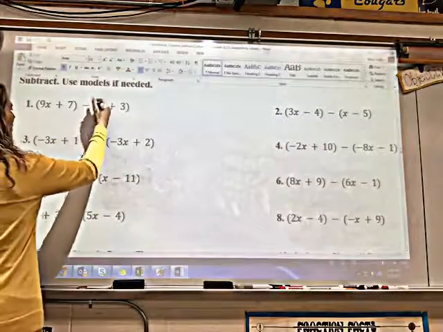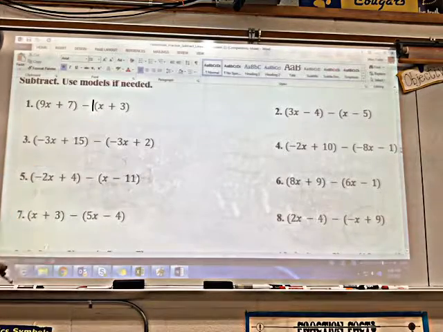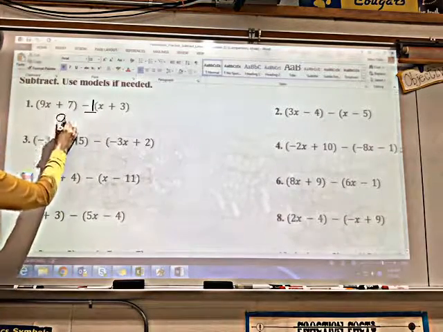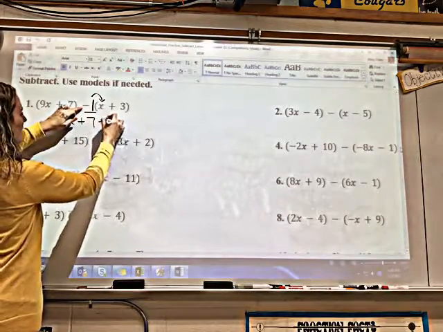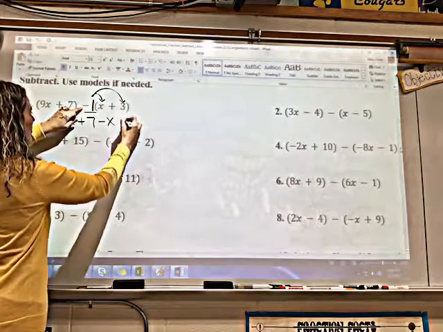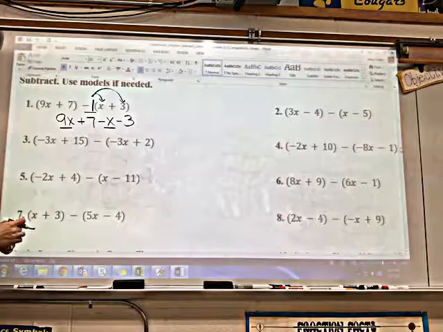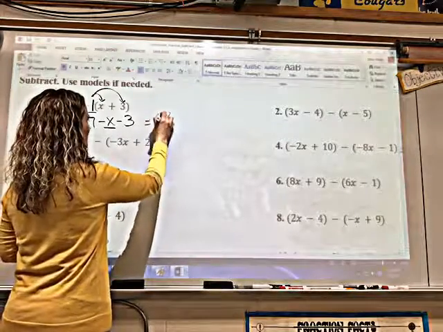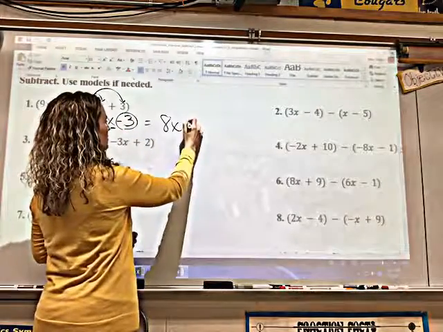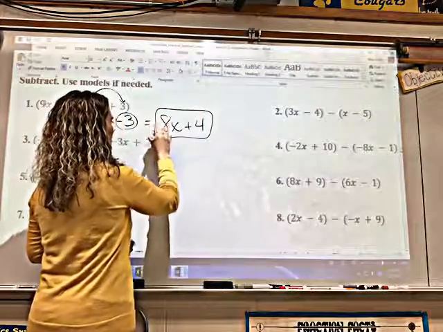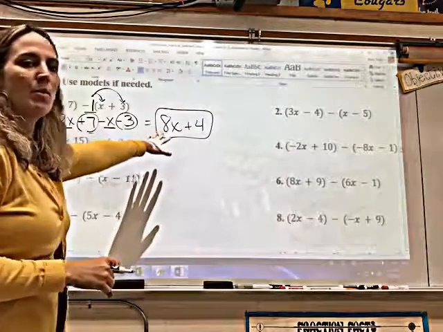Okay, first and foremost, if I take a look at number 1, I've plugged in the number 1 there to help me remember. So I'm going to rewrite it as 9x plus 7. Negative 1 times x would be negative x. Negative 1 times 3 would be negative 3. Now I can combine 9x and negative x. 9 minus 1 would be 8x. And then I have positive 7 minus 3. 7 minus 3 is 4. So when I work through that one, in terms of subtracting linear expressions, I should come up with 8x plus